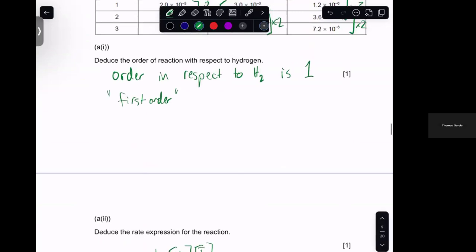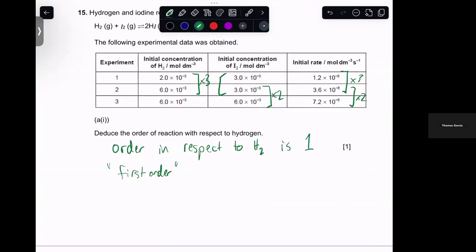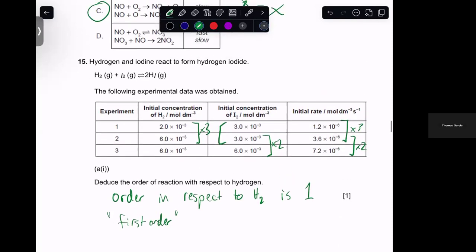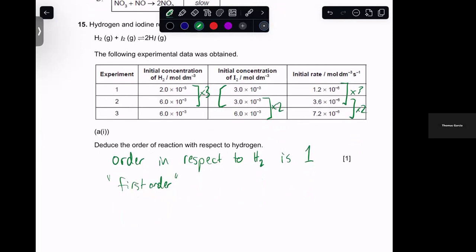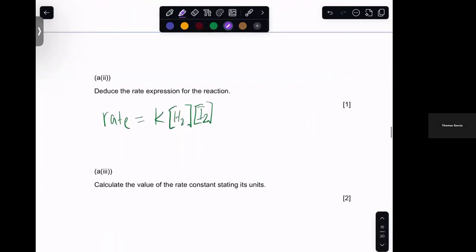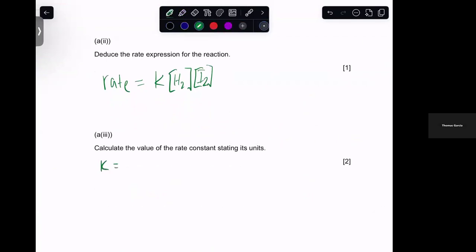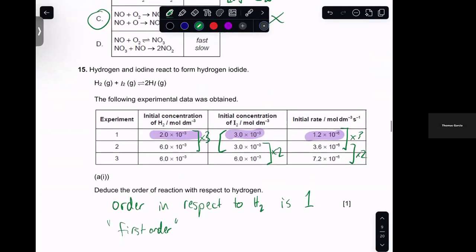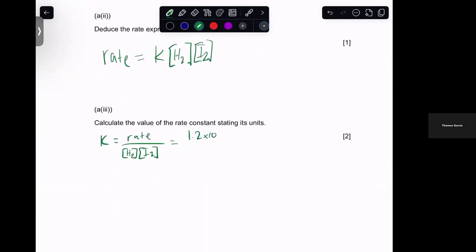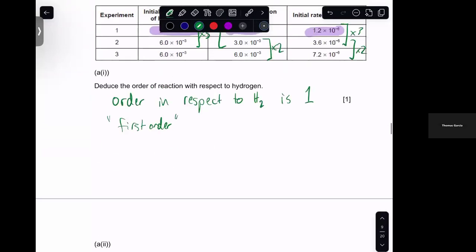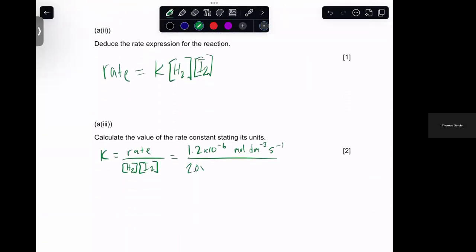Calculate the value of the rate constant stating its units. All right. So for this one, we actually have to do some math here. So what you can do is plug in any of the values that you have. So I'm going to just go ahead and start off with the first one. So I'm going to plug in, let's see, this value, and this value. So I want to find the rate constant stating its units. So I'm going to say K is equal to our rate divided by the concentration of H2 divided by the concentration of I2. And I'm going to keep my units pretty consistent. 1.2 times 10 to the minus 6, and that is moles, decimeters minus cubed, second minus 1. I'm going to divide all that by 2.0 times 10 to the minus third,